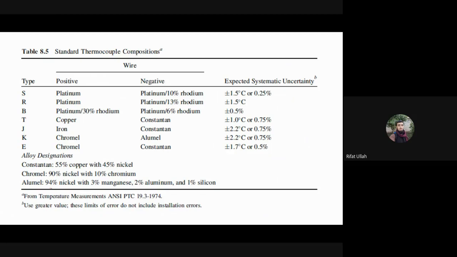ओके सर, सही क्लियर। सर, ये जो वायर पॉजिटिव और नेगेटिव लिखा हुआ है, इसकी समझ नहीं आई। अच्छा, वायर पॉजिटिव और नेगेटिव का मतलब ये होता है कि एक की पॉजिटिव पोटेंशियल कंट्रीब्यूशन है, दूसरी की नेगेटिव पोटेंशियल कंट्रीब्यूशन है। तो अगर आप थर्मोकपल दो पॉजिटिव मटेरियल का यूज करेंगे तो उनके पोटेंशियल डिफरेंस कम होगा। अगर आप थर्मोकपल पॉजिटिव और नेगेटिव मटेरियल के लिए यूज करते हैं तो उनका पोटेंशियल डिफरेंस फॉर द सेम